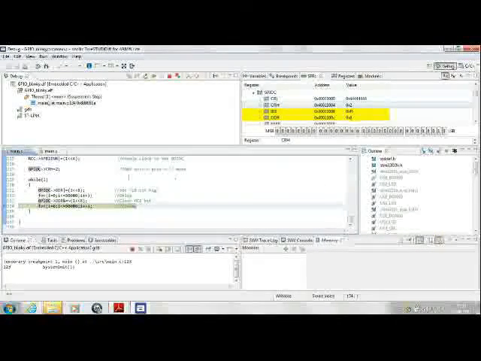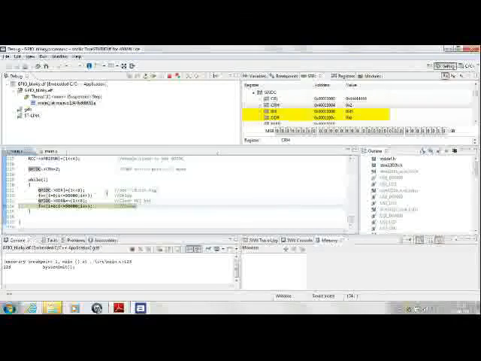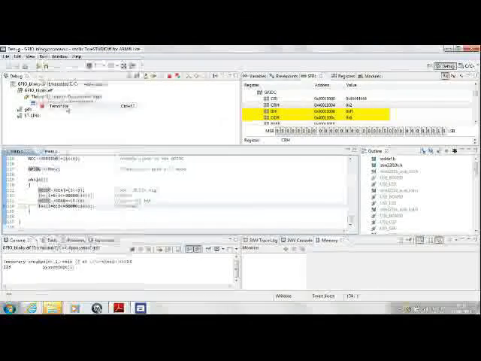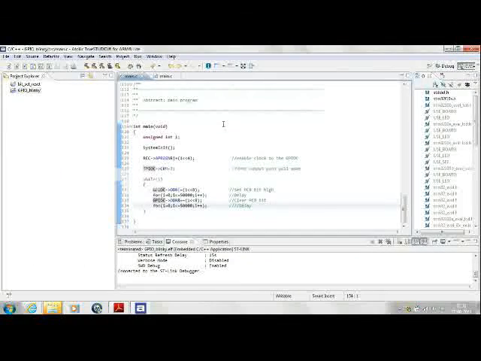In this way you can debug your entire system. This code was very simple. Whatever was written over here we could see being updated here, and the LED on the board also was glowing. I'll just terminate this and come back to my original screen. If you just press the reset button, your LED on the kit will be blinking at a very high rate.